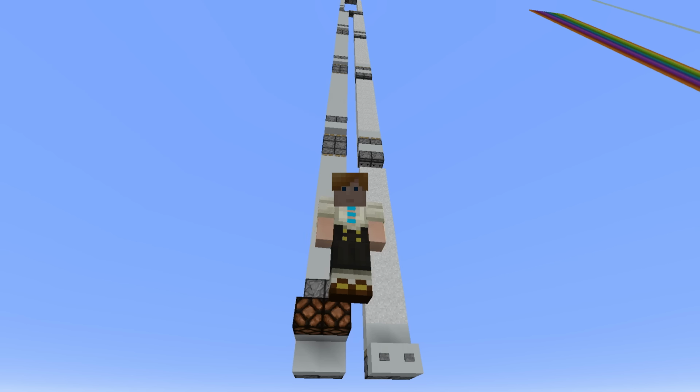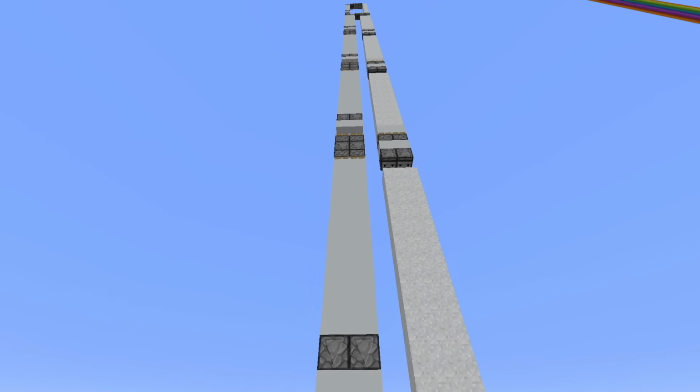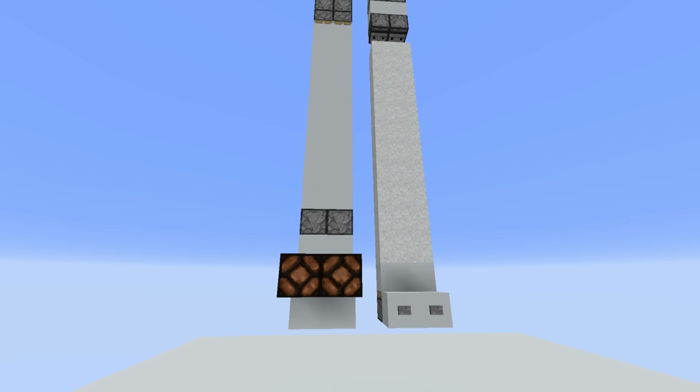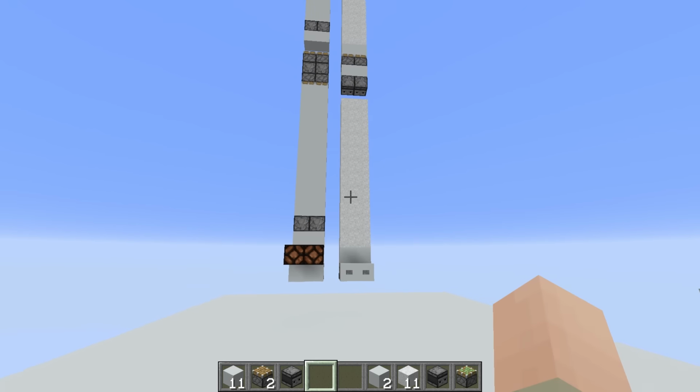Hi guys, in today's tutorial I would like to show you how you can create a tileable vertical wire using the observers in a cheap way. In theory you could just stack observers up to the top and down again to create a vertical wire, but I was asked by a viewer if there was a cheap way to do this,